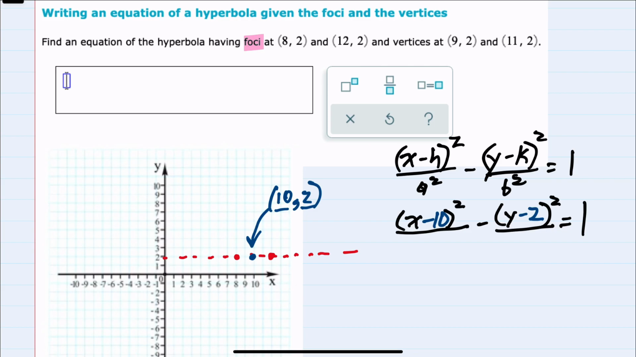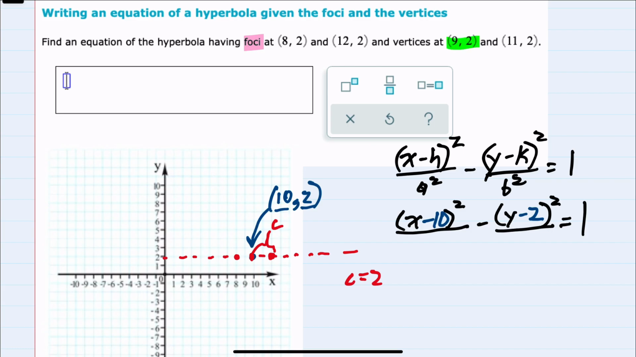I'm just going to make a note that the distance from the center to the foci is c, and here that distance is 2 units. So this is (12, 2), this is (10, 2), 2 units, so c is 2. But we need to find a and b to finish our equation here, and that's where we can turn next